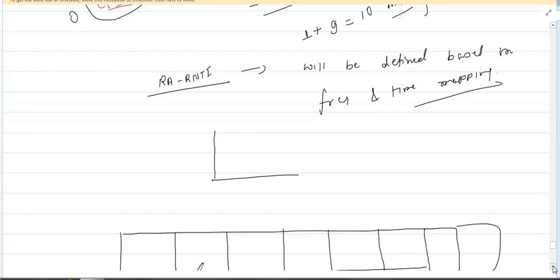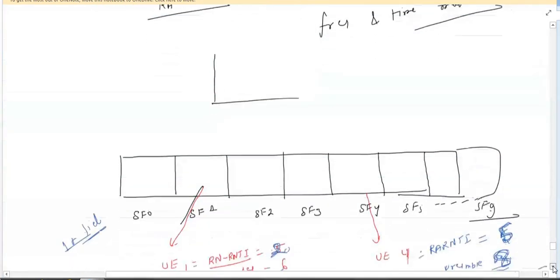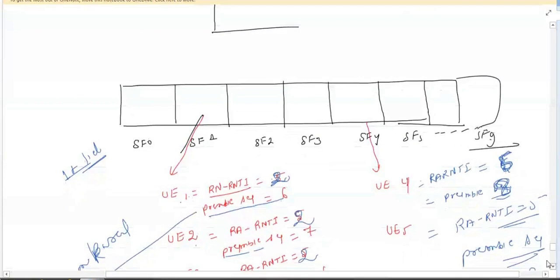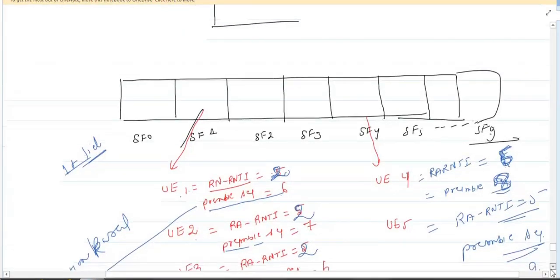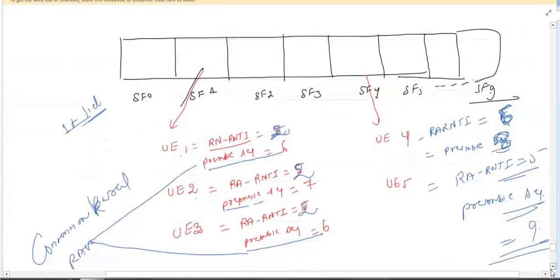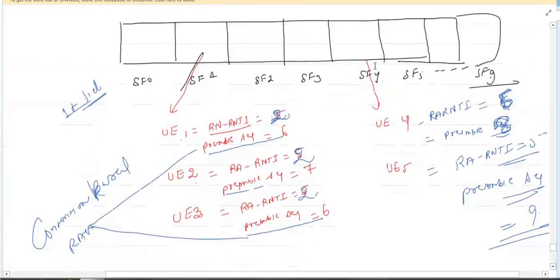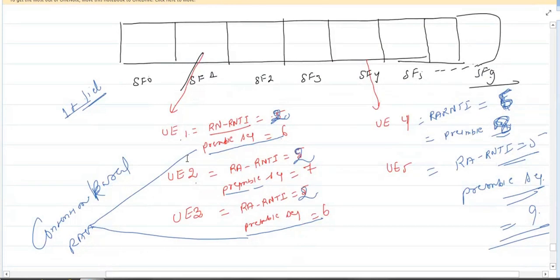So it means two UE may have the same RNTI. Suppose, for example, I am telling you. See, in subframe 1, we have 3 UE: UE1, UE2, UE3. Suppose subframe 4, UE4, UE5. All the UE, suppose these 3 UE, UE1, 2, 3, who are transmitting the Rach preamble here in subframe 1, then RNTI will be 2, because 1